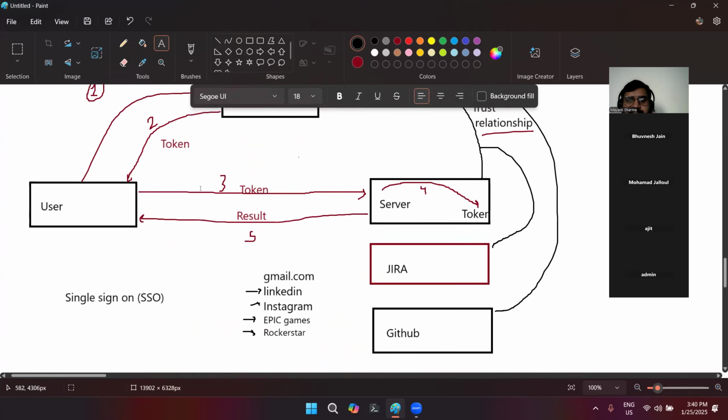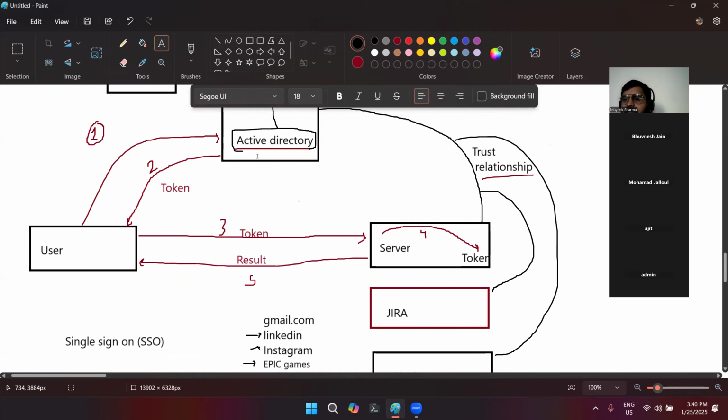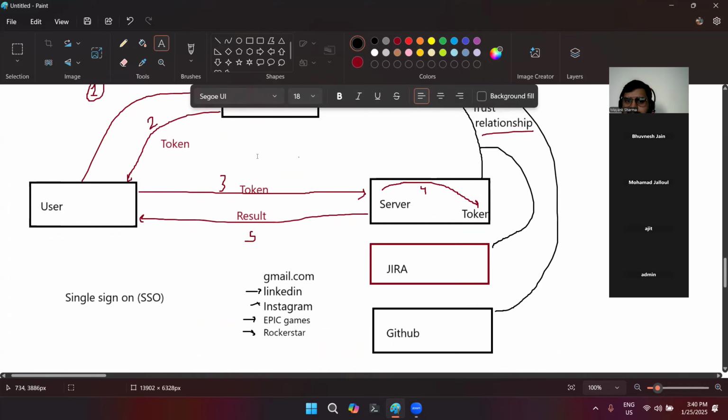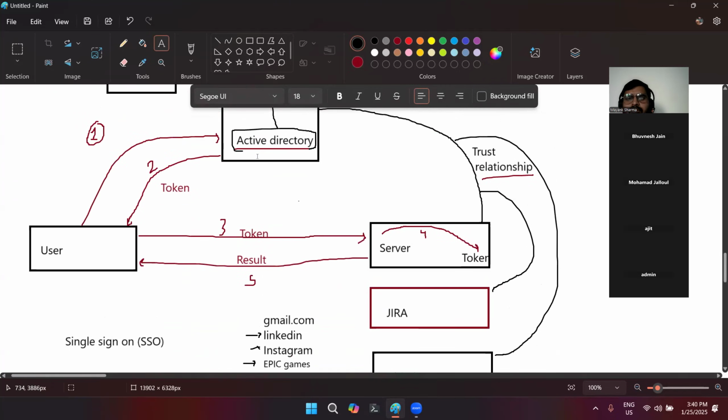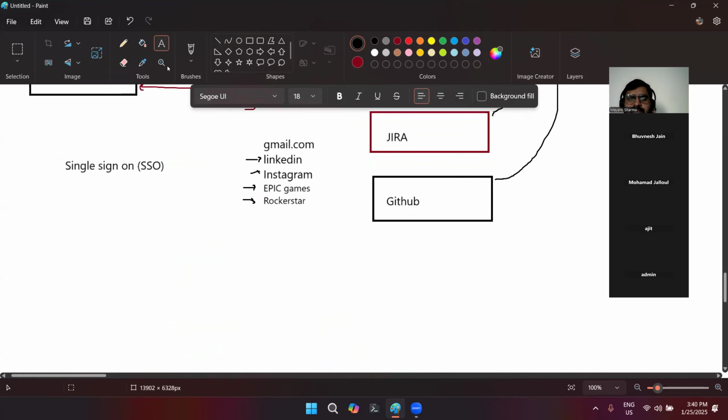Now, what are the benefits that we are getting when we are adding an Active Directory to our whole authentication process? The first one that we have understood is single sign-on. Second one is that we can also add two-factor authentication. Okay, so when you are adding any kind of directory service, the major benefit is that you can attach a two-factor authentication. Apart from the username and password, if I have to verify that a user is legit